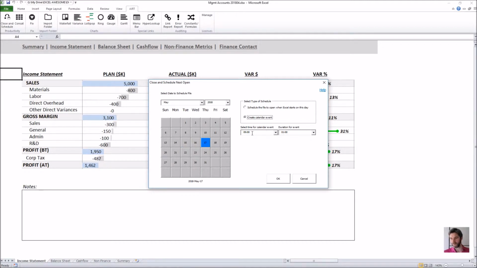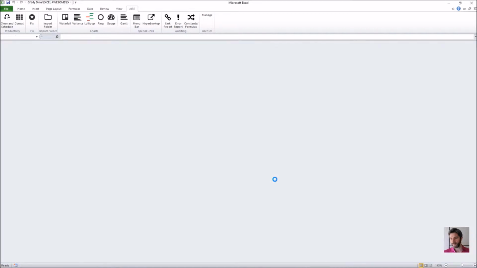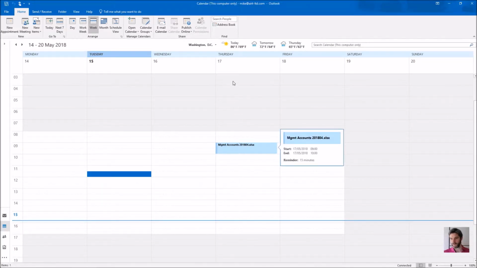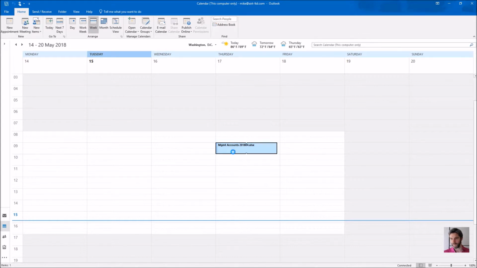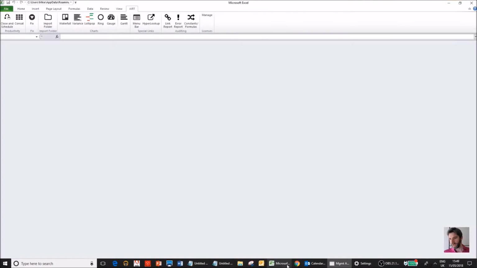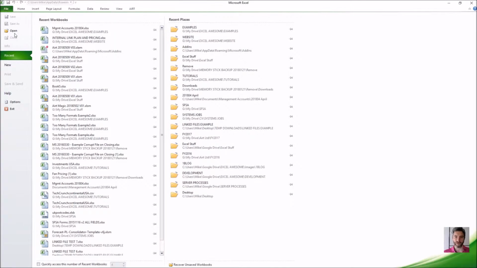So for example, if we do this for 9 AM on the 17th for an hour and click OK, the file will close. If you need to save it, it'll give you the option to save it, but it will create the calendar event on the 17th, 9 AM. So within that calendar event, you can see there's a link to immediately open the file in Excel. The other option